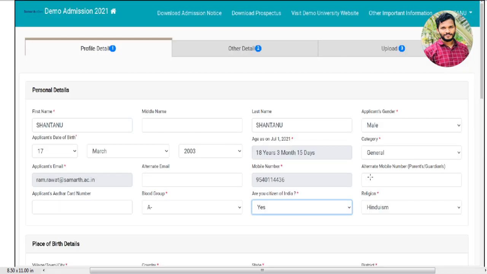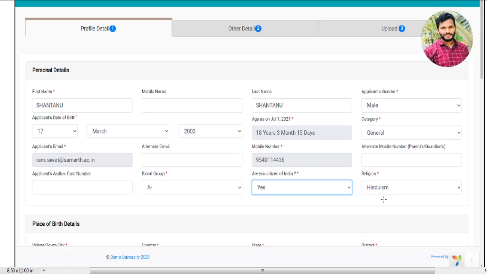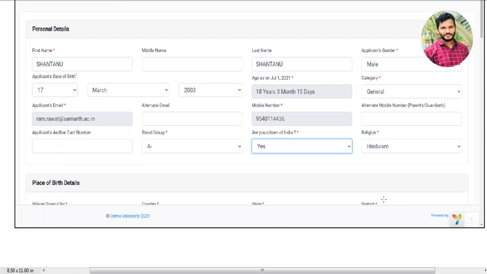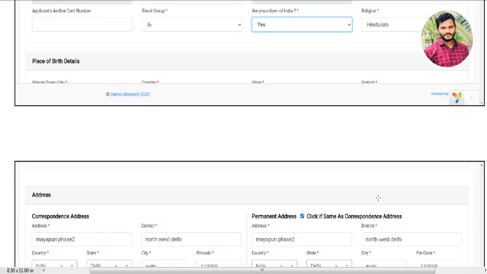See, in the personal details section, give the first name, middle name, last name, then applicant's gender, applicant's date of birth, then age, category, email ID is already there, then mobile number, applicant's Aadhaar number. This is not mandatory, Aadhaar card number, then blood group, citizenship, religion, place of birth. These are the things you need to fill.